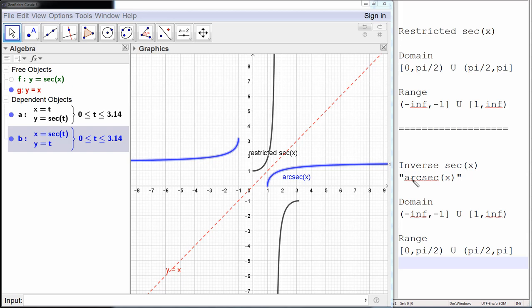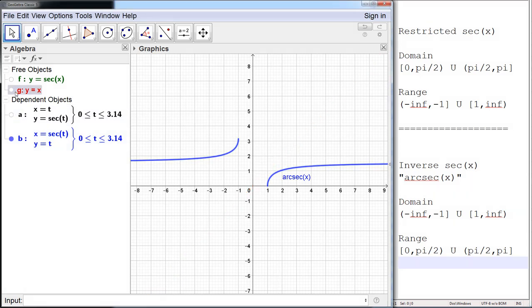All right, so anyway, there we go. Let's clean this up here. And there we go, now there's your graph. There's your inverse secant function. So if you want to know what the graph of the inverse secant function looks like, what its domain is, what its range is,